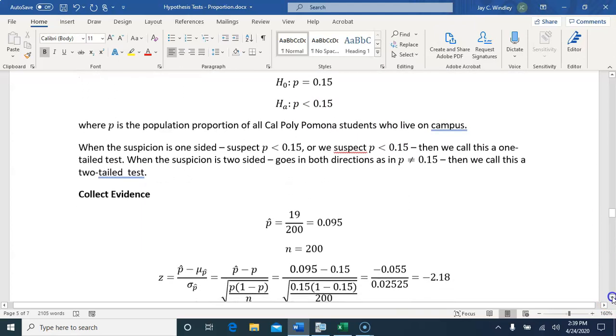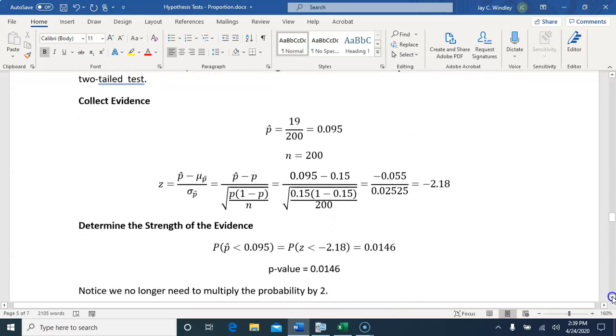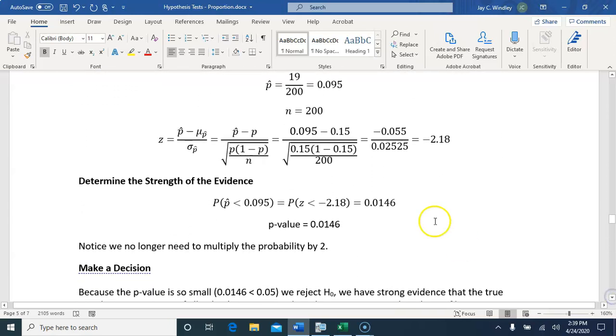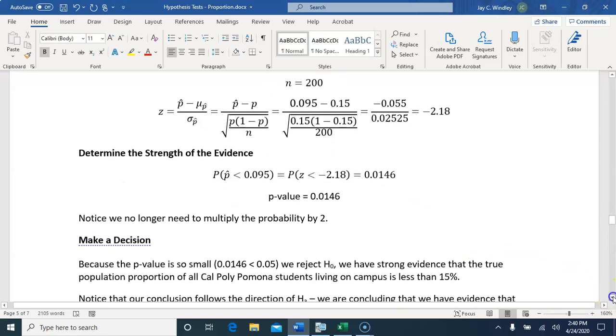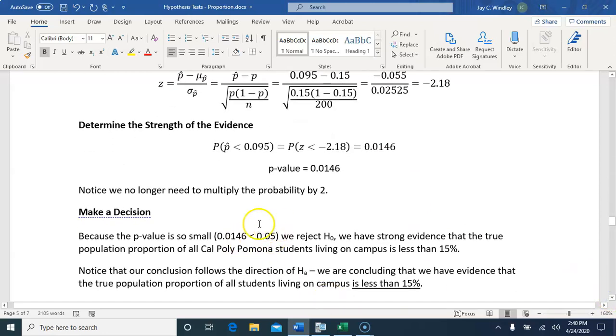We collect evidence and turn it into a z-score as before. We determine the strength of the evidence, same z-score leading to the same probability, except now we're not going to multiply that probability by 2. Our p-value is 0.014. And then in the decision phase, we are once again comparing that p-value to some cutoff